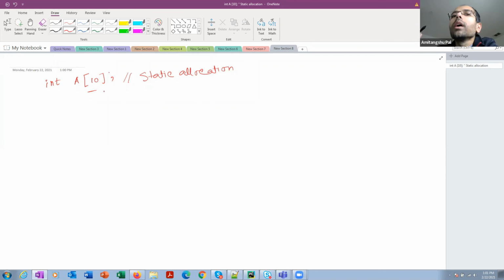So in the previous class, we learned that we can use a variable length array, where n is entered by the user at runtime. This is called a variable length array.